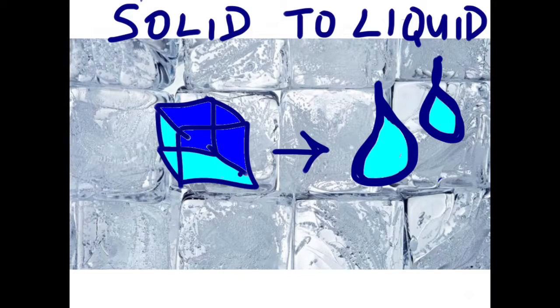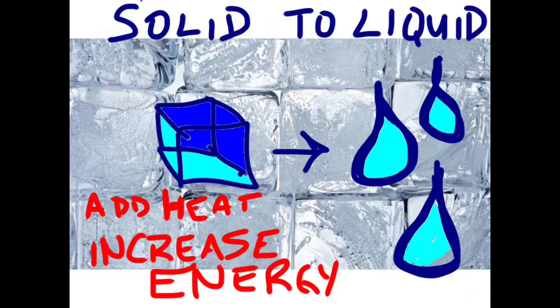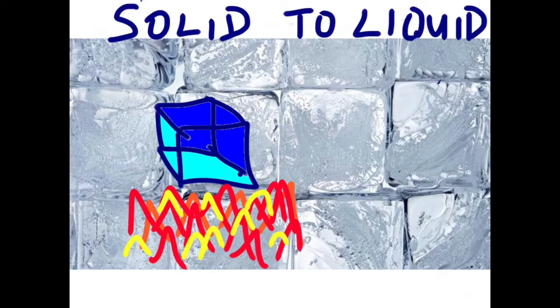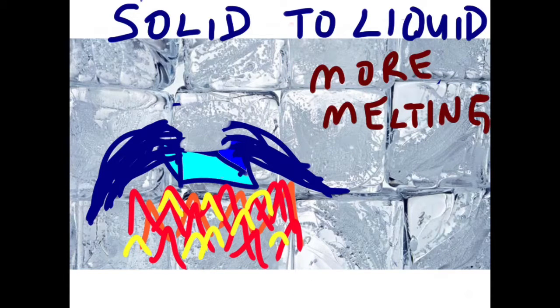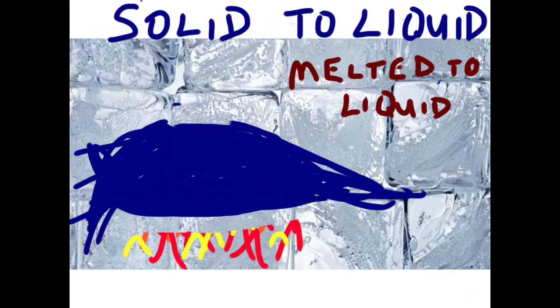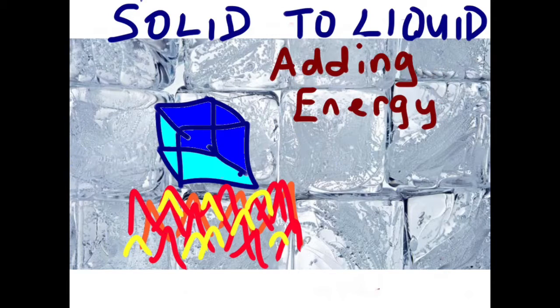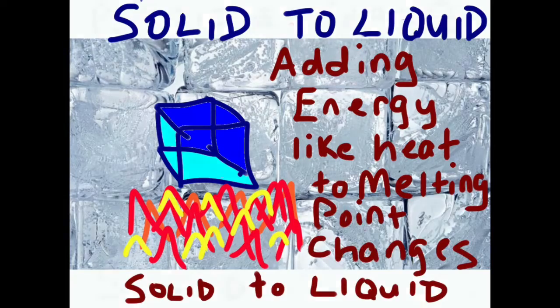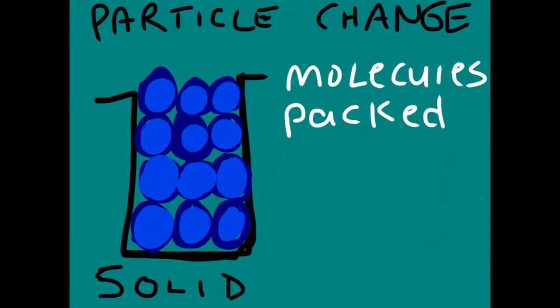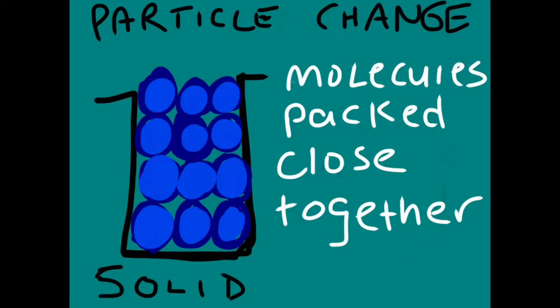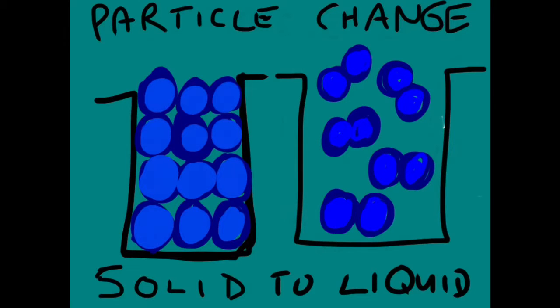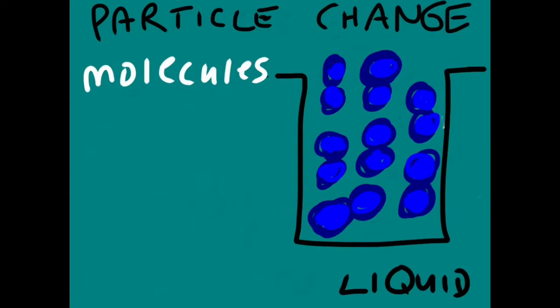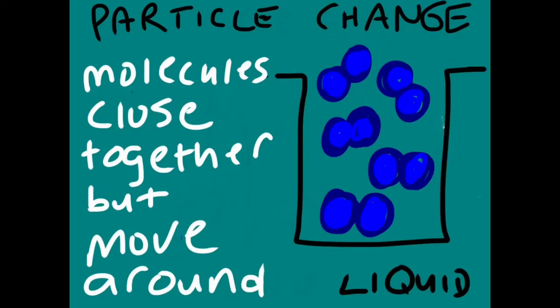The first phase change we're going to be talking about is from solid to a liquid. Ice is a solid version of water. To get from a solid to a liquid, you would have to go through a process called melting. Melting gives the water particles energy to break from their form and move around because of the heat we gave them. In ice, the water particles are in a very neat structure. The particles are hardly moving, but they are staying in their form. But in liquid, we gave them energy through the process called melting, which gave them the energy to be able to move around.